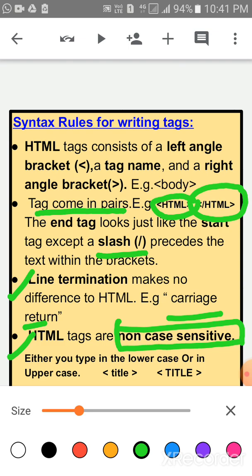That is, either you type in lowercase, means small letters, or in uppercase, means write in capital letters. So HTML accepts both the cases. Either you write in small letters in lowercase, or you write in uppercase. Both the cases are acceptable.